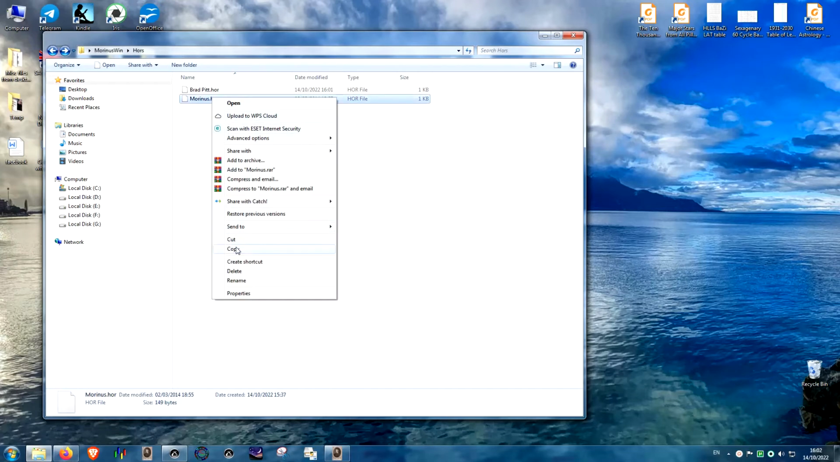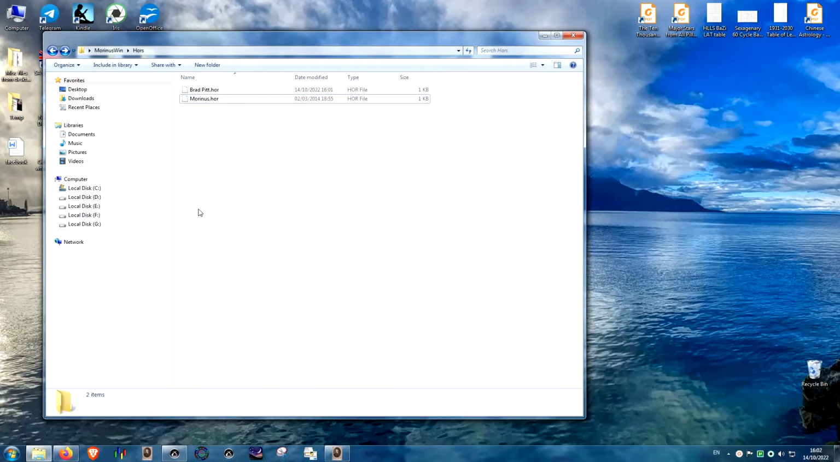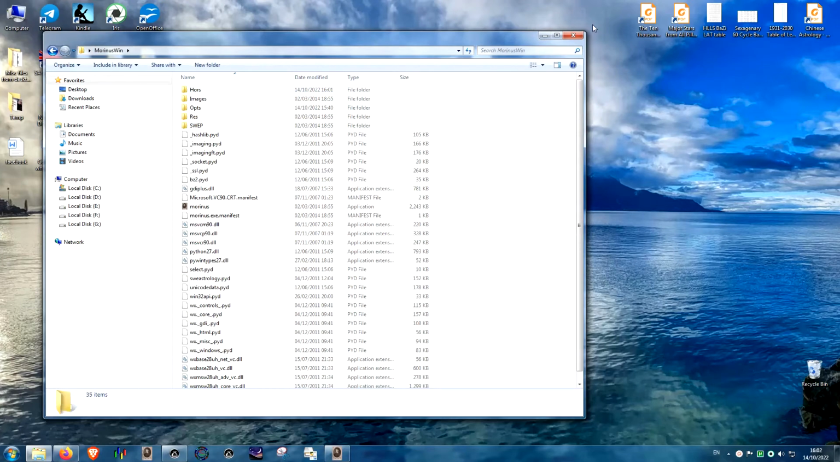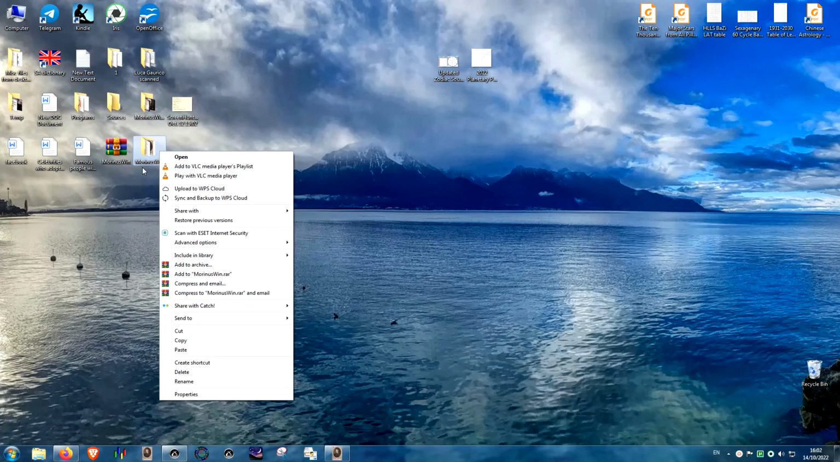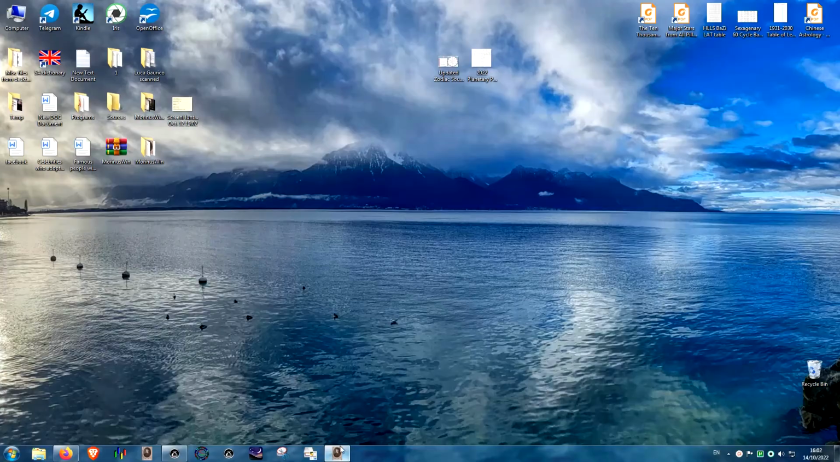And again, you can copy a chart and send it to an astrological friend of yours. So you can just copy the whole folder with horoscopes, or you can just copy the whole folder of the software, and your friend will have the same settings. Okay,